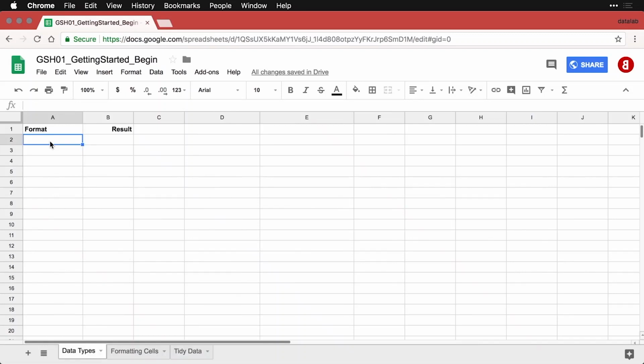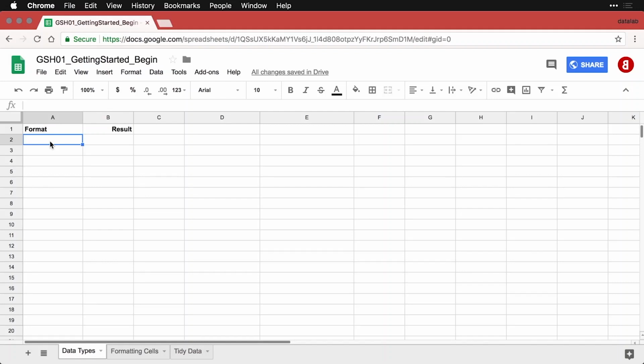More than anything, a spreadsheet like Google Sheets is a container for data. And one of the important things to remember is that data comes in lots of different forms. A lot of it's numerically based, but even then you can format it in many different ways. And there is also non-numeric data. And Google Sheets can handle a huge amount of this. And I want to show you some of those variations